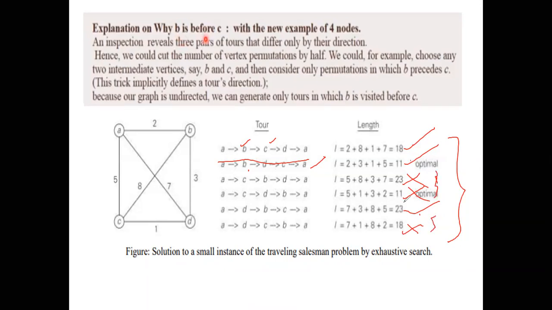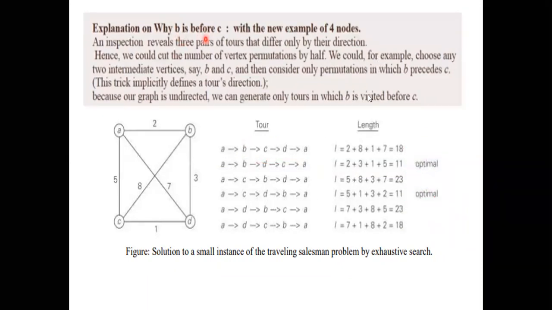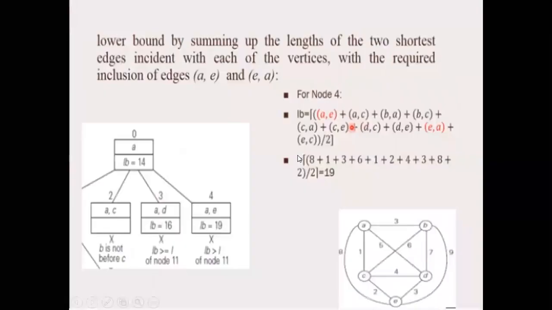avoided. They just take our time to compute, right? So in order to avoid this computation time, what are we doing? We are making a constraint saying that B should come before C. Did you get this point? So we just avoid the extra load by considering some constraints. This is something called exhaustive search, correct? That is what we are doing here also. So if B comes before C, consider it. Otherwise, don't consider it. If you do, it is of no problem, but it is just a waste of time.